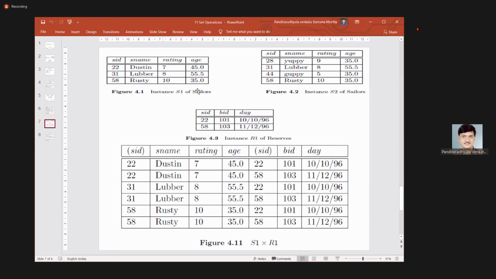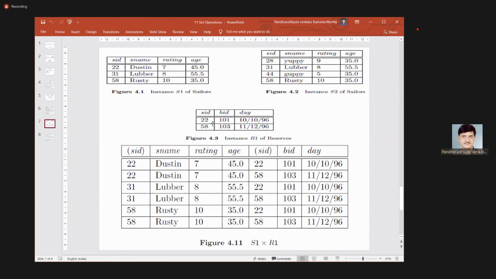Similarly, table number 2, the reserves table, has 2 rows. The first row contains 22, 101, 10/10/96. The second row contains 58, 103, 11/12/96. What it is doing is taking the first row from the first table and joining it with all the rows in the second table. So 22, Dustin, 7, 45 is the first row from the first table.